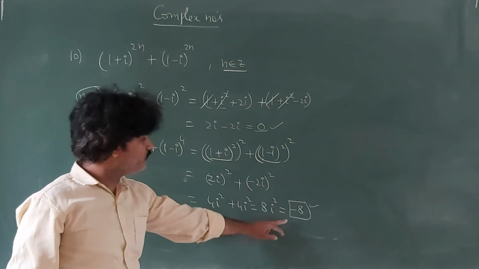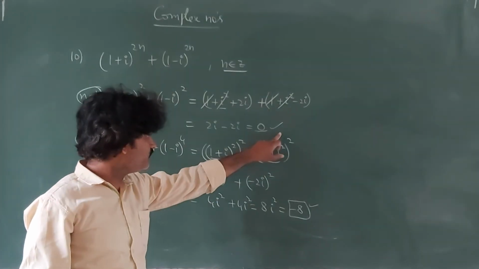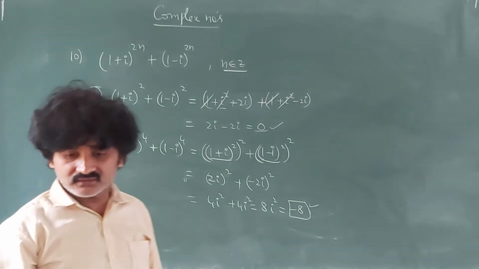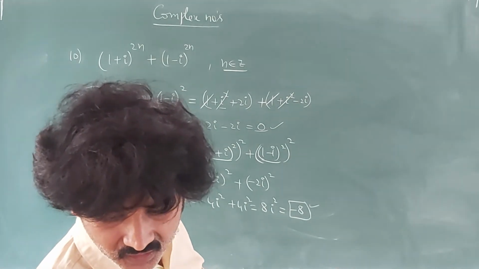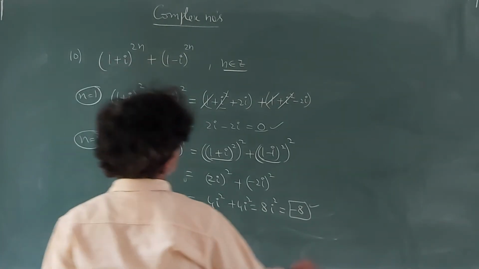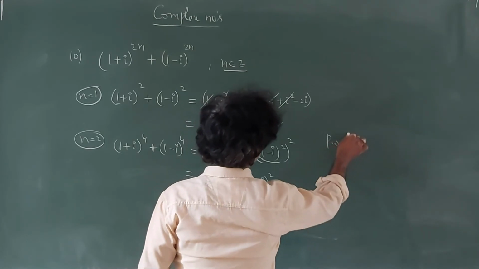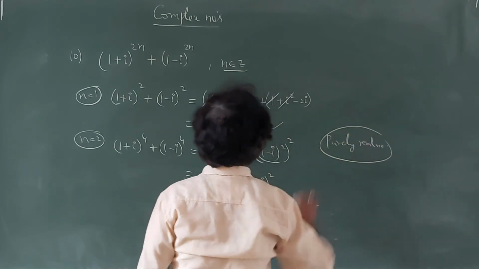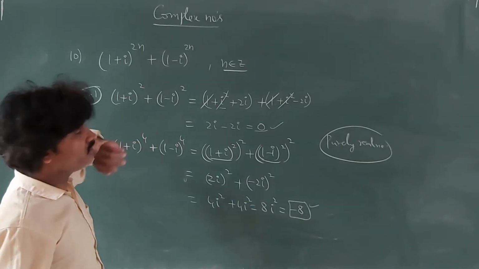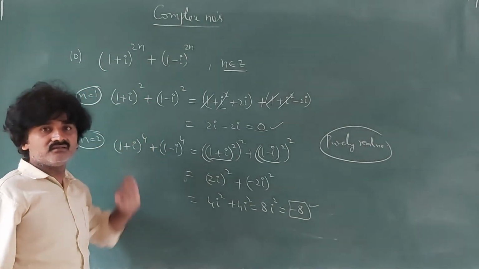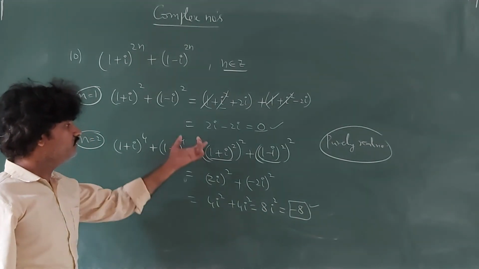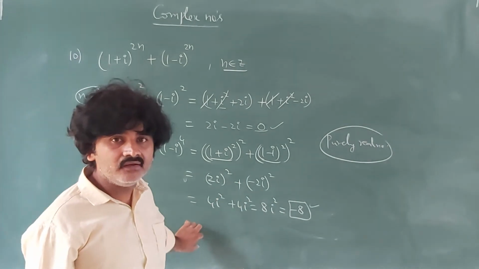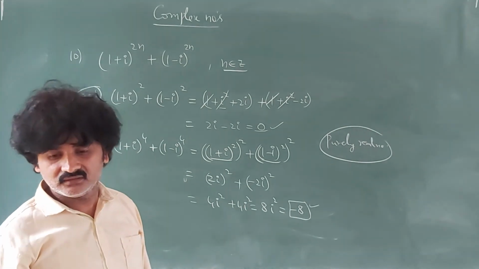In both problems, check both values once. Is there any imaginary part? No. Purely what we got? Real number. So the answer is purely real number, the second option. Sir, if you have any doubt, then take n value 3 also and check: (1 plus i) whole power 6, (1 minus i) whole power 6. Simplify and check. We are getting only real numbers like this. The answer is purely real number.